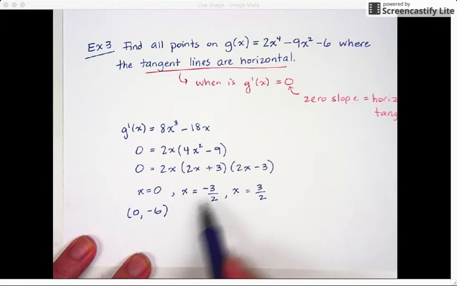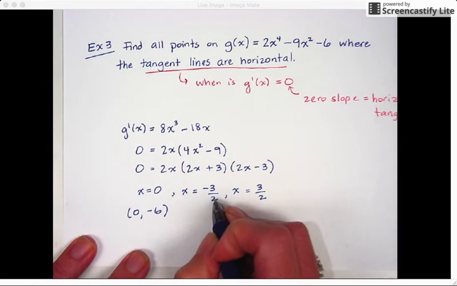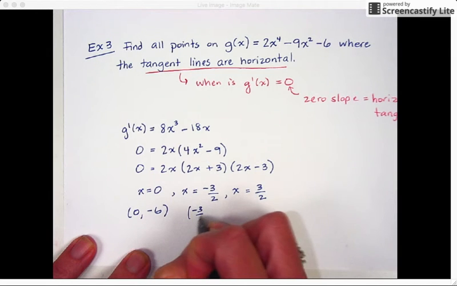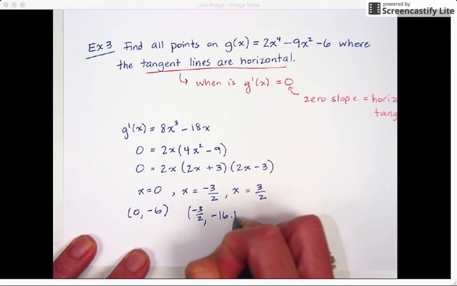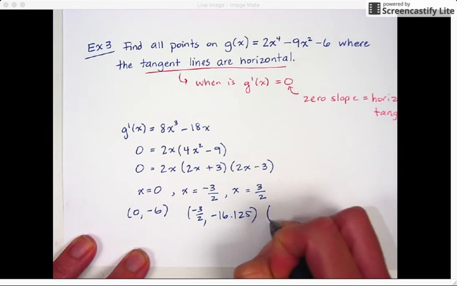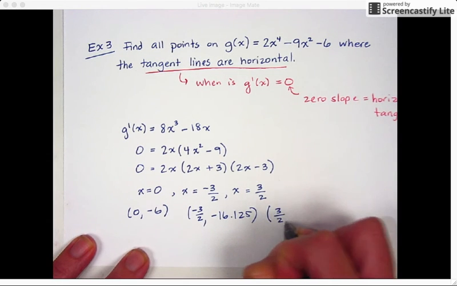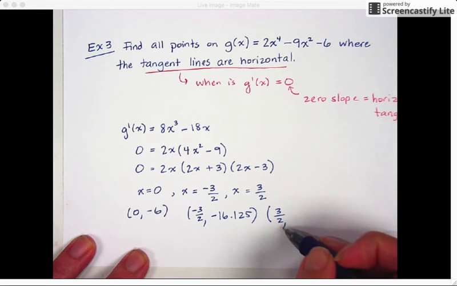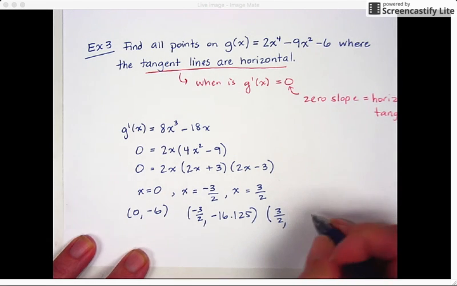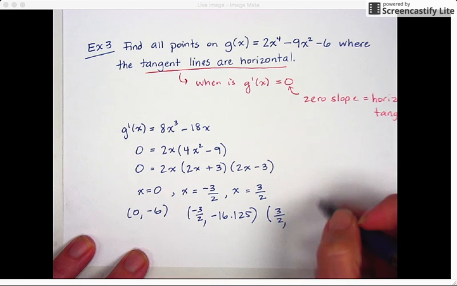But to plug in, if I plug in negative 3/2, I plugged it in and I got negative 16.125. And then when I plugged in positive 3/2 into the original function here, not the derivative function, and then I got, nope, it was negative also, negative